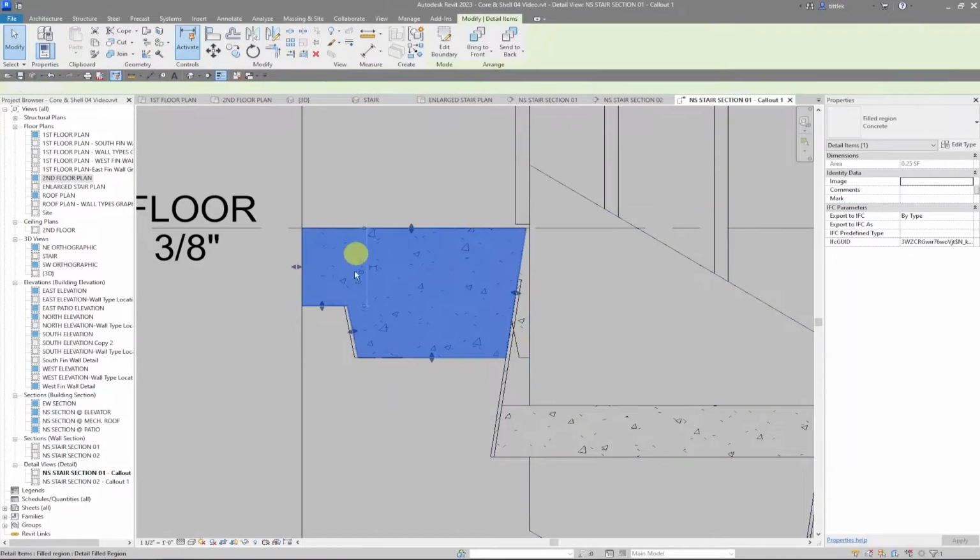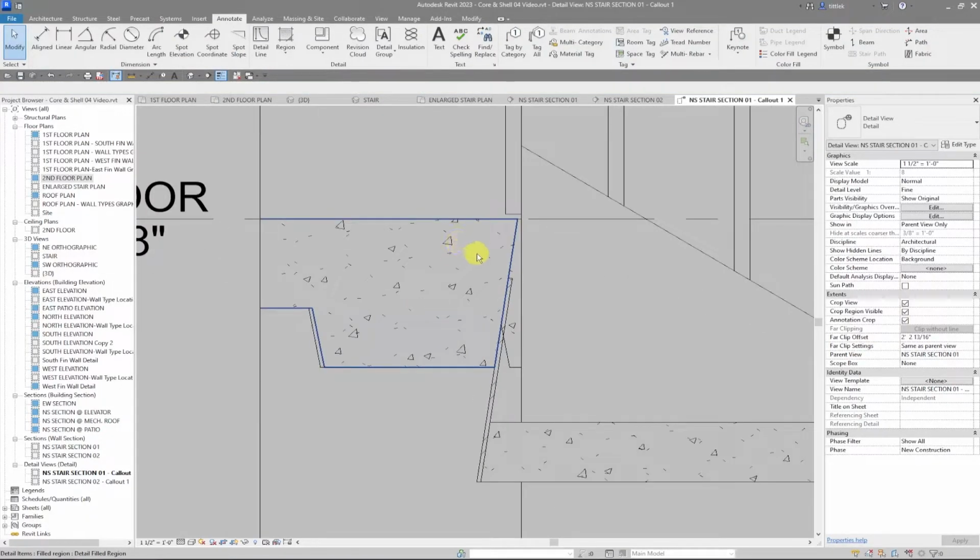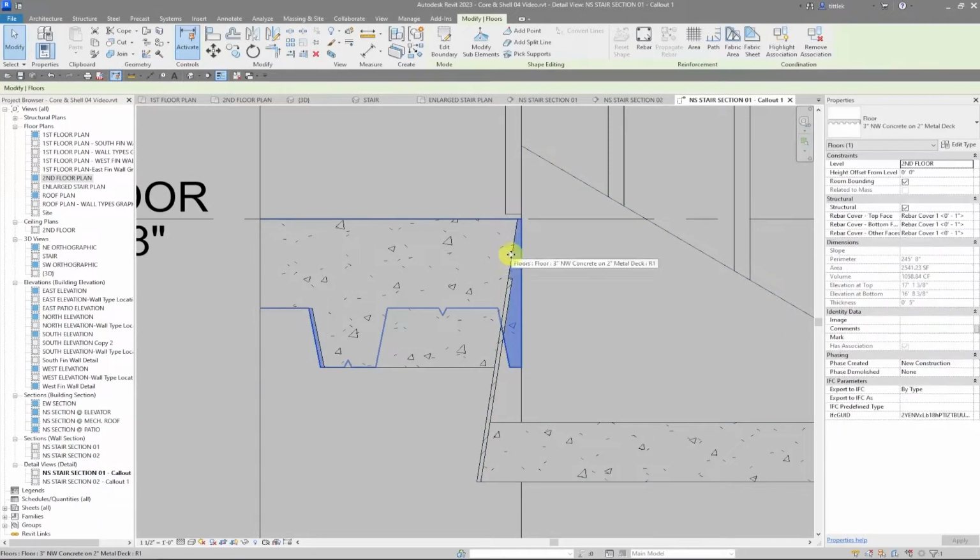I'm going to hit the green check mark, and now I have a concrete filled region on top of my 3D drawing. So this is just 2D. This would not show up anywhere else but this view. You can obviously see that this causes issues, right? Because my actual 3D slab is still back here, and it's sticking out further than I want it to